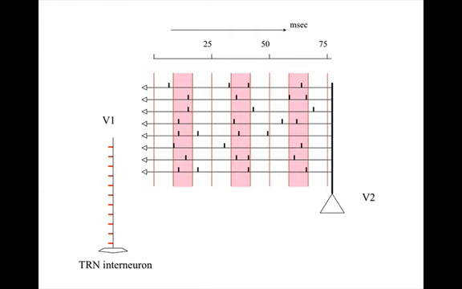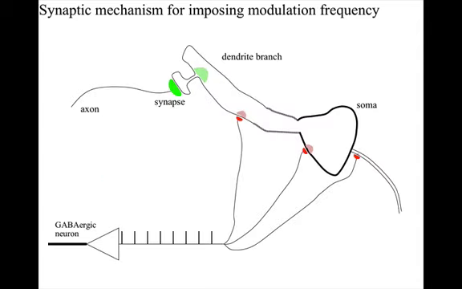So, how do TRN inhibitor spikes place a frequency modulation on pyramidal neuron outputs? Well, the detailed properties of the synapses made by the TRN play a significant role. TRN outputs are GABAergic, and GABAergic synapses onto pyramidal neurons are known to sometimes be located close to excitatory synapses,